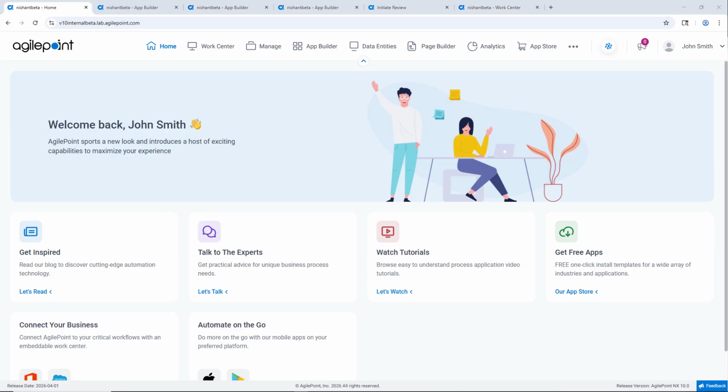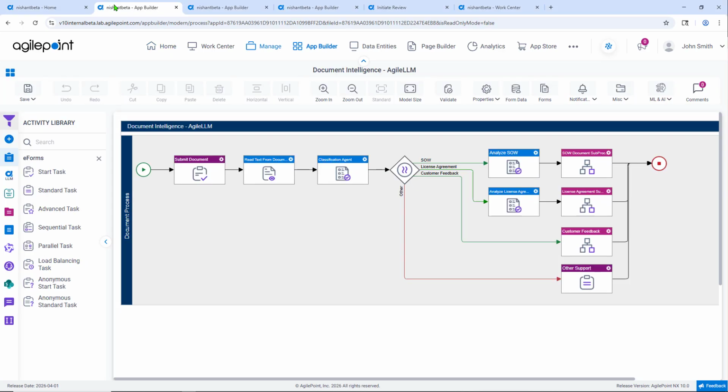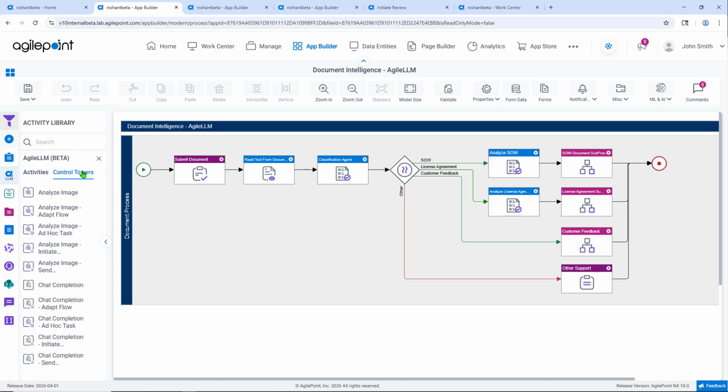Now, over the course of this video, we'll show you how to use the various process activities in the AgileLLM activity group via a sample application. Okay, so we'll walk through the sample application in just a moment, but on the left-hand side, you're seeing the activities for AgileLLM. Now, as mentioned, this video is going to focus around the process activities, but as you can see here, we do have AI control towers just like all of the other major AI platforms, and we'll cover